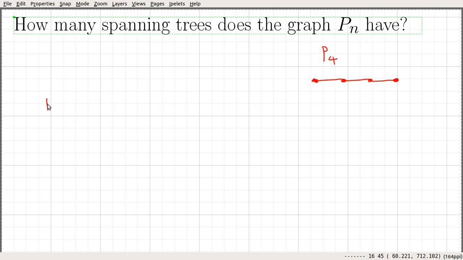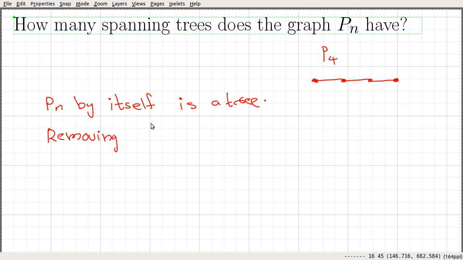So we can see that Pn by itself is a tree, and again we can see that if you remove an edge from Pn, it will become disconnected and it is no more a tree. Okay, so that says the number of spanning trees in Pn is 1.